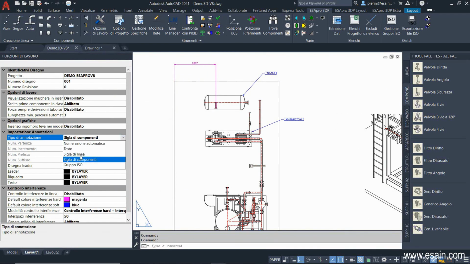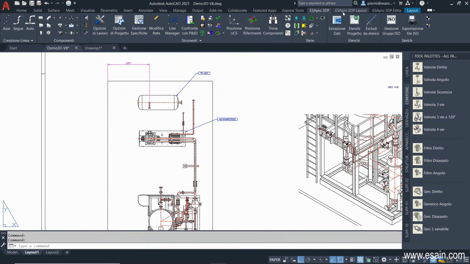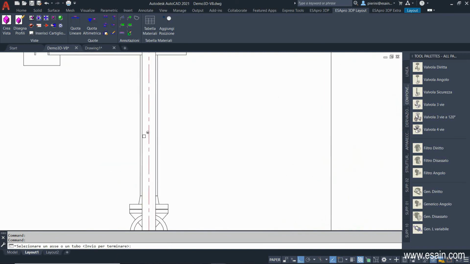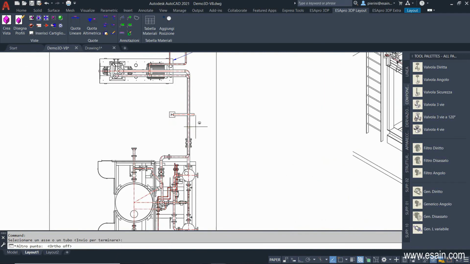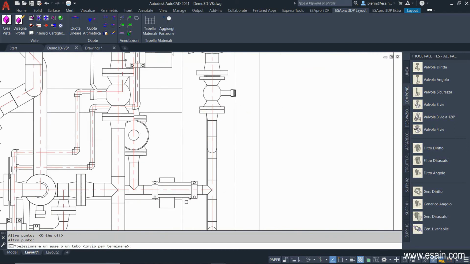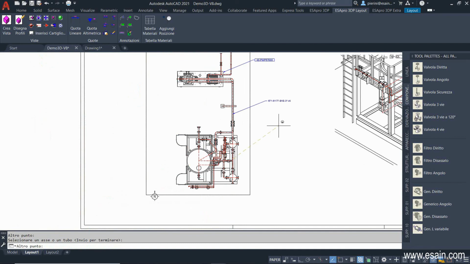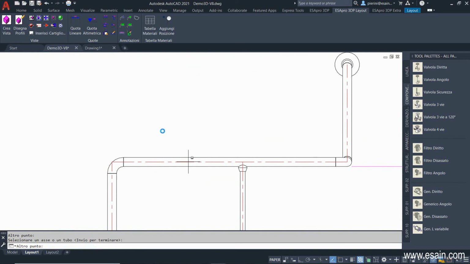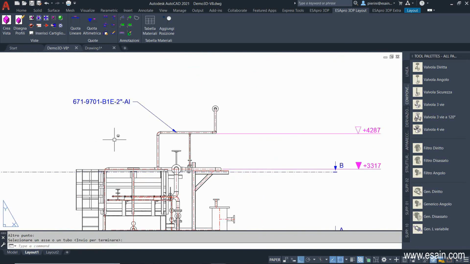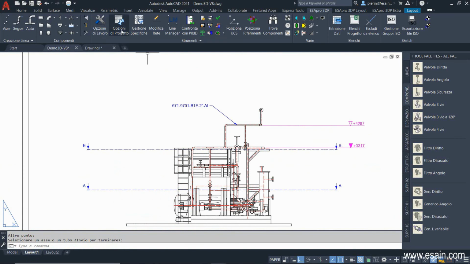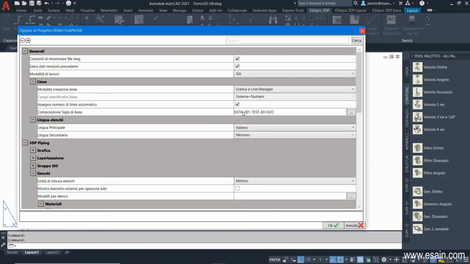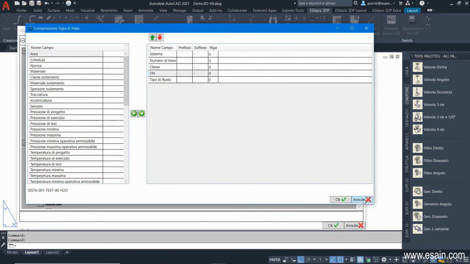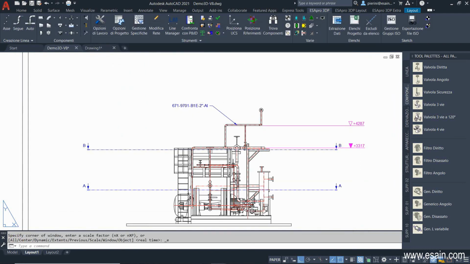Through the Working Options window, we can then choose the annotation type. Annotations can contain free text or information fields. In this case, we will show the tag of line 6177. Let's go to tag another line. OK. The string composition that shows the line tag is an option that is common to ASA Pro P&ID. As a general rule, changing the line tag's composition has an effect on both products.